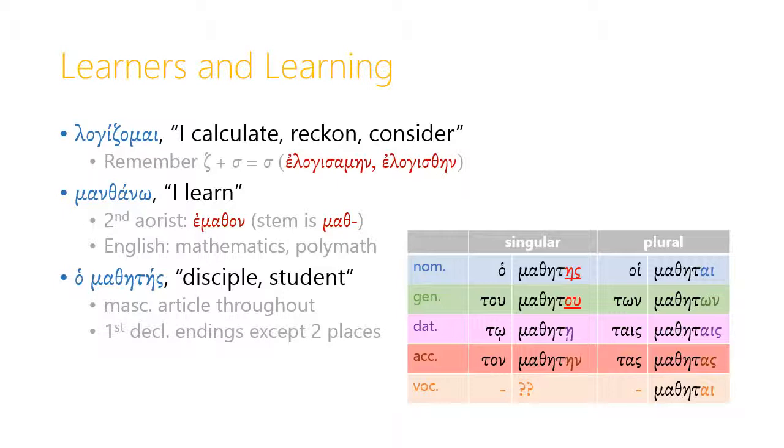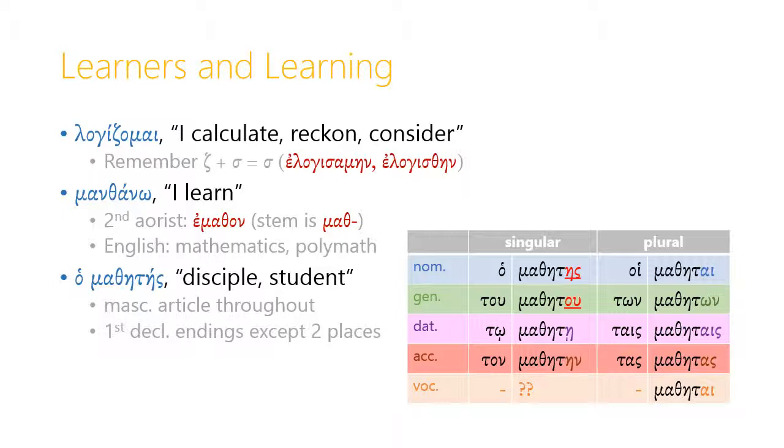and the thing to remember with mathetes is that it's masculine, and so it uses the masculine article for all of its forms, but except for two places it uses first declension noun endings instead of what we might expect, the second or even third declension endings. Now, we're used to thinking of first declension nouns as feminine, so that's why this can throw us off. The nominative singular form is irregular. It doesn't really follow either the first or second or third declension pattern. But that's a signal to us that we're dealing with one of this class of nouns, masculine nouns with first